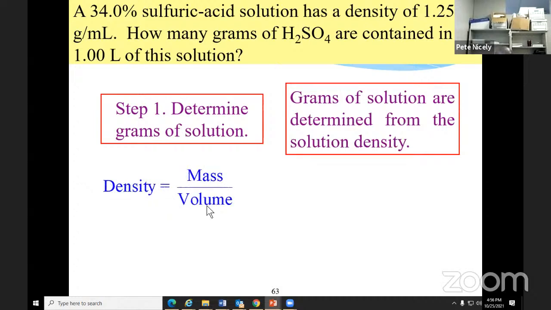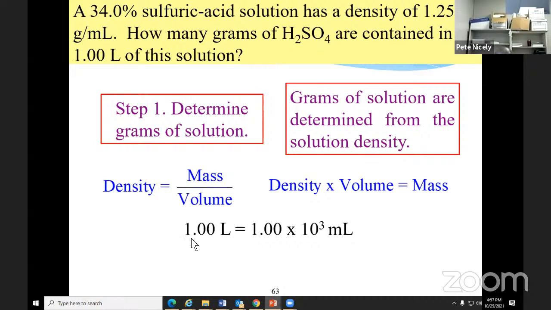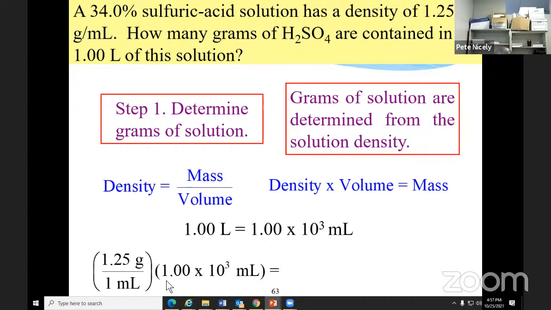We have density equal to mass over volume. We can find the mass by multiplying the density by the volume. So we put the numbers in. 1 liter is the same thing as 1,000 milliliters, or 1.00 times 10 to the 3 milliliters. So that number goes here where the volume is, and the density is 1.25 grams per mL. So we multiply the 1.25 grams per mL by the 1.00 times 10 to the 3 mL, and that